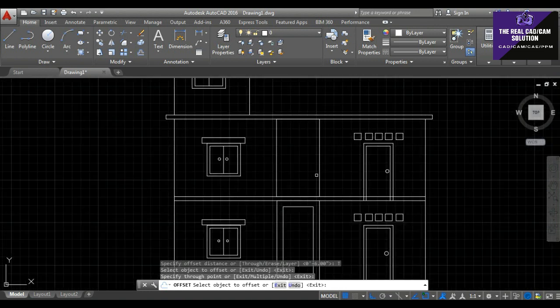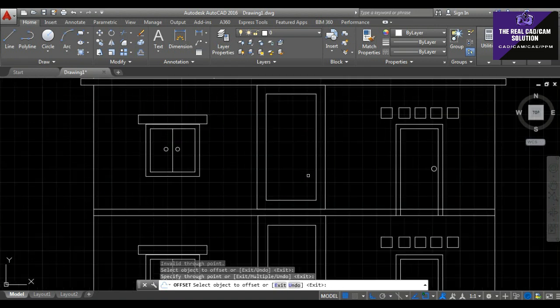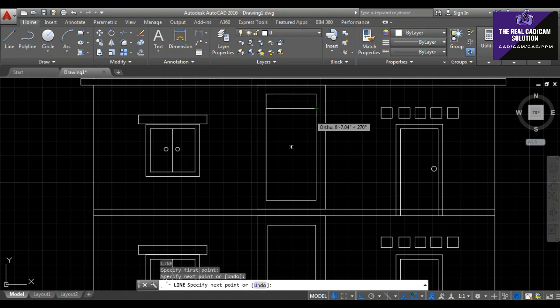Then I go to take the elevation design like this. Our elevation design is our wish, however we want our design, whatever we think of doing.